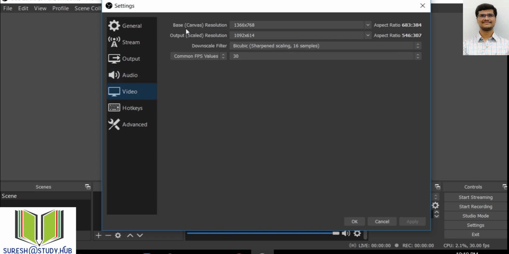In the video settings, select the base resolution. It is better to select 1920x1080, which will give full HD, so the video will be recorded in high quality.